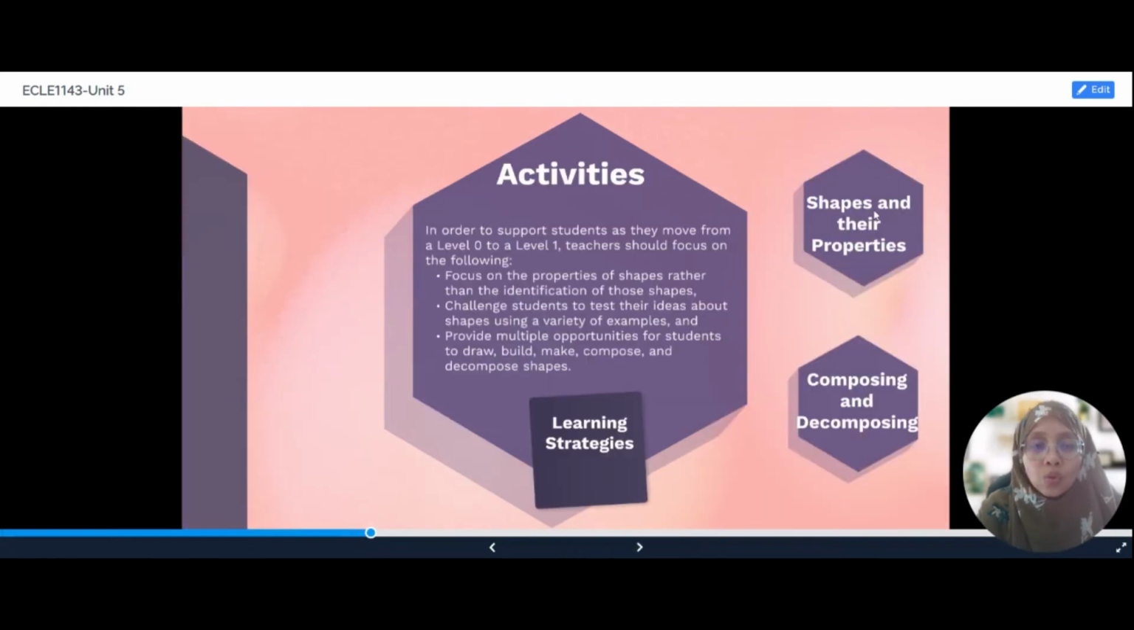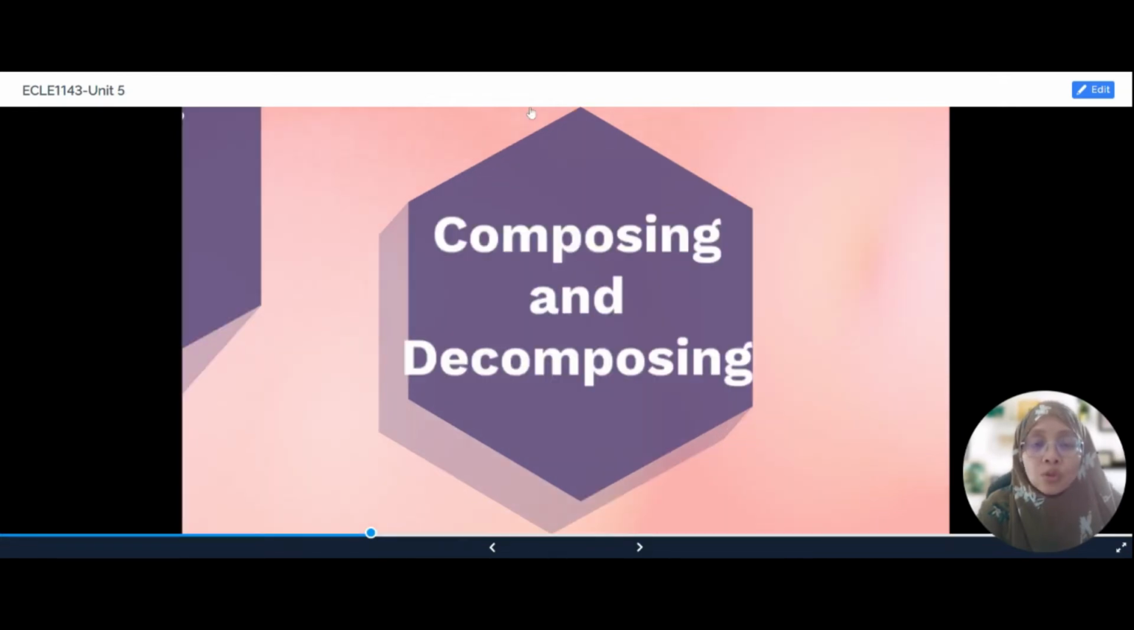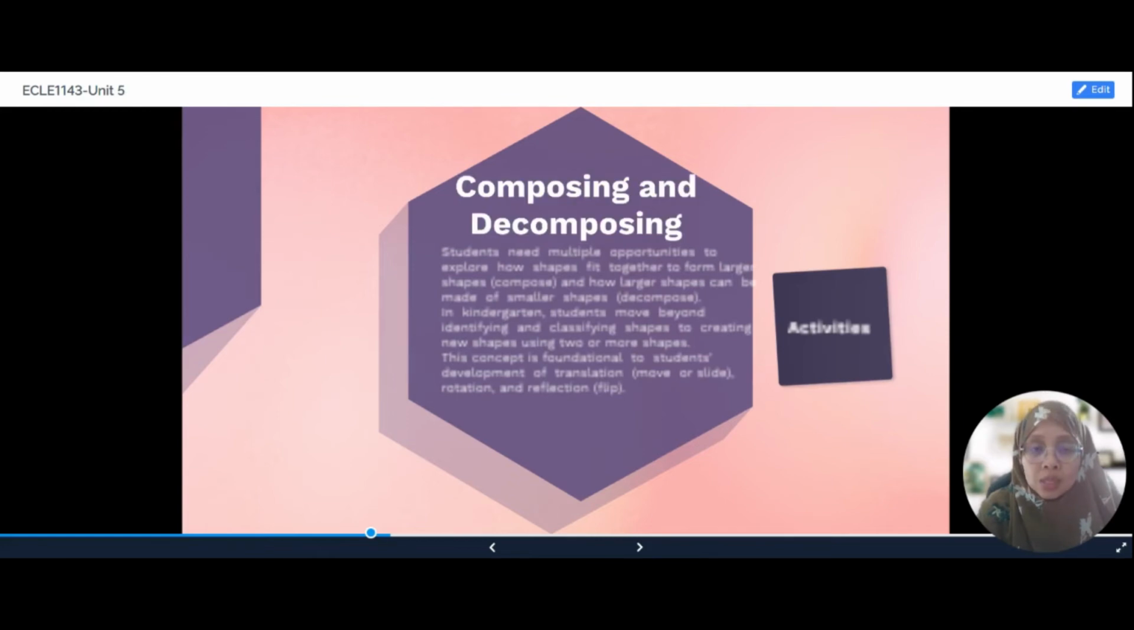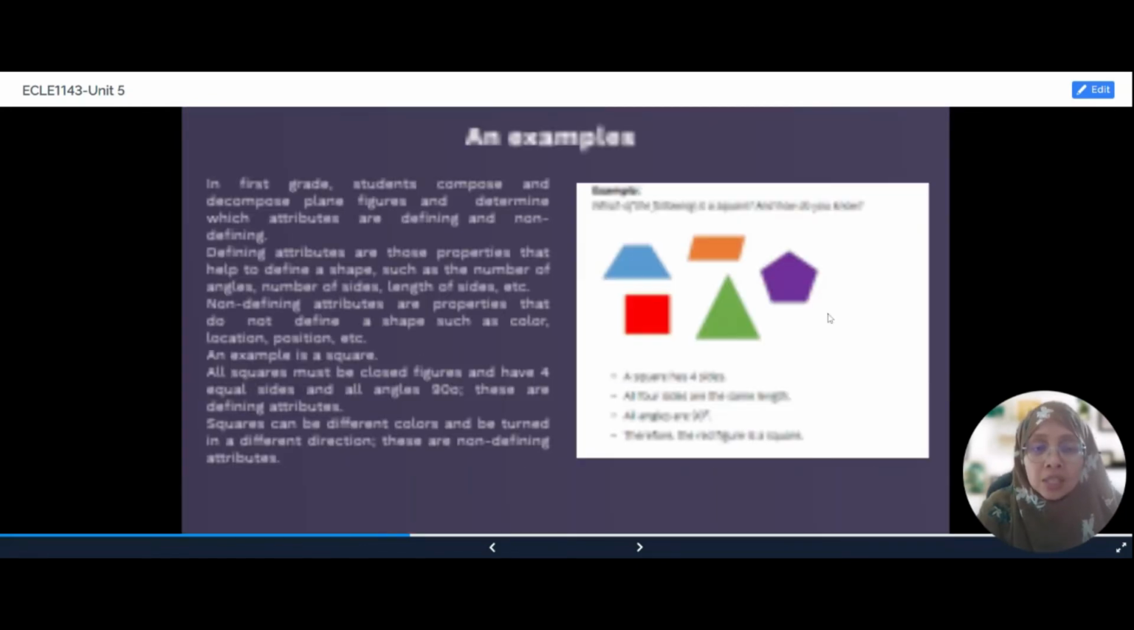Well, once they know about the shapes and their properties, they need to know how to compose and decompose them. Bagaimana untuk nak membuat bentuk tersebut dan macam mana untuk nak menguraikan. Kalau dalam bahasa matematik, cerakin ya. Cerakinkan, pisahkan untuk jadi separate shapes ataupun build up to make it a shape. For example, 2 triangles can make 1 square. Okay? So, another activity that you can do,